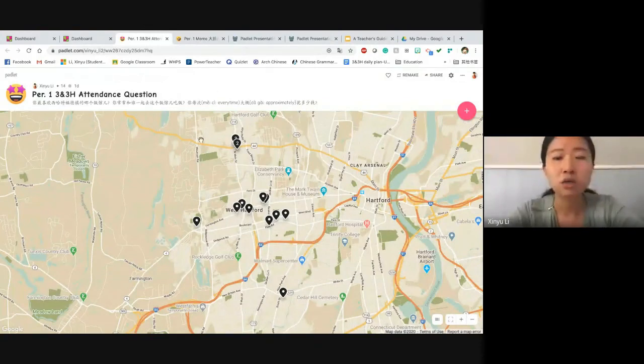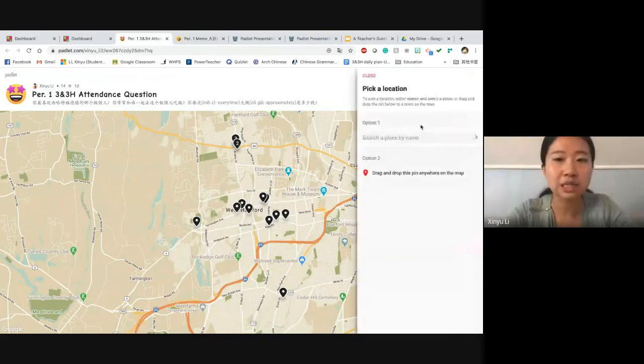So what they can do when they post is click on the plus sign and search for a place by name. I give them very specific step-by-step instructions on how to do this attendance question on their Google Classroom. Number one, I ask them to search for a restaurant they really like in West Hartford. For example, if I really like the Shu restaurant, which is